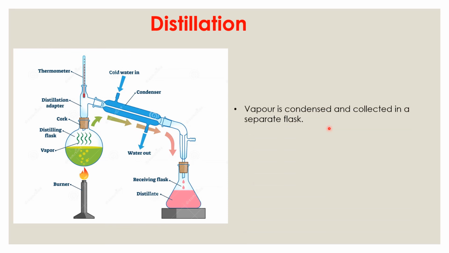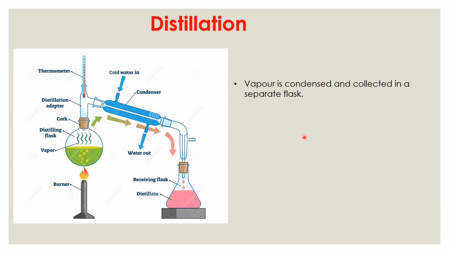So in this case, we have a distillation setup where the round bottom flask is connected to, you can see there is an adapter here, and this adapter is connected to a condenser. The purpose of the condenser is to make sure it keeps the liquids, the particles cool all the time, and it changes the vapor into a liquid. That liquid can be collected in a collection flask here. So the liquid will be known as a distillate. So in a distillation setup, in comparison to a refluxing setup, the vapor is collected in a separate flask.